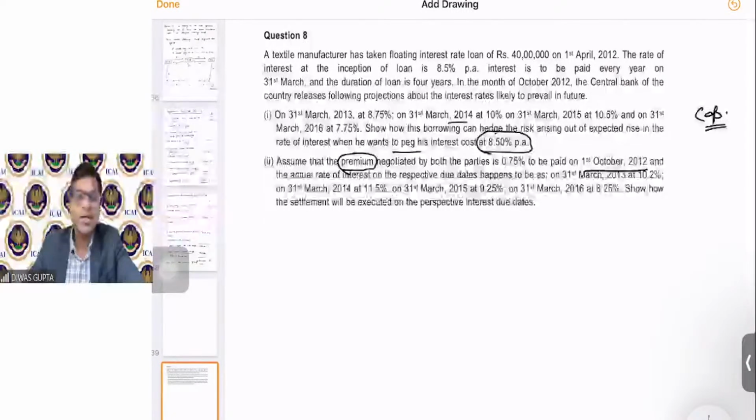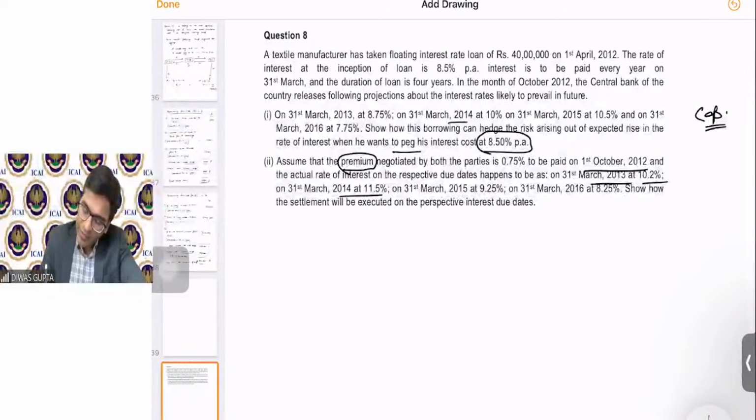Yes, Prashant, you're right. Premium comes in interest rate options, interest rate guarantee, which is a cap option. We're talking about a cap option here, right? To be paid on 1st October, and the actual rate of interest. No, it's not futures. Abdul, Shailesh, it's not futures. We're talking about options, interest rate guarantees, right? Because there are 11.5, 9.25 and 8.25. Show how the settlement will be executed on the prospective interest